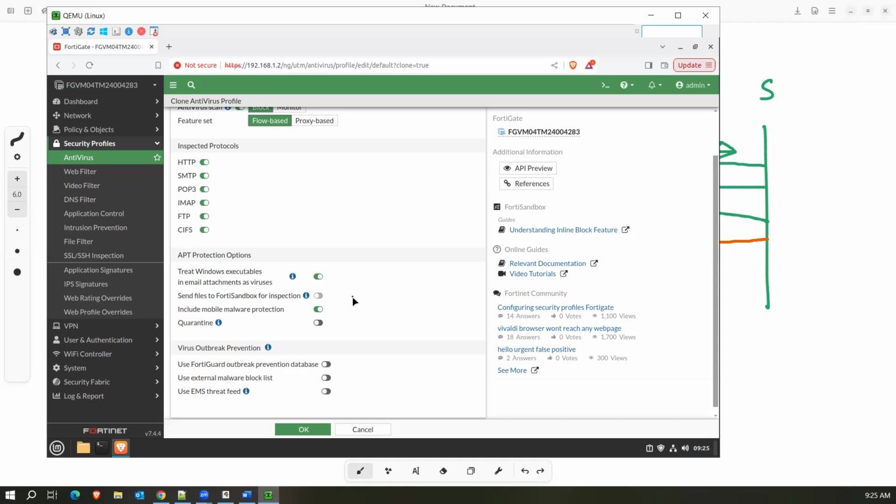How to explain this? So sandbox is a separate device. It can be hardware or a VM, where it presents a virtual environment for the virus. It has a lot of VM machines which mimic the actual network setup. So whatever attachment or malware we receive in our file, this file will be sent to the sandbox, and the sandbox will allow this file to run free in the virtual environment, and the sandbox will observe what this particular malware